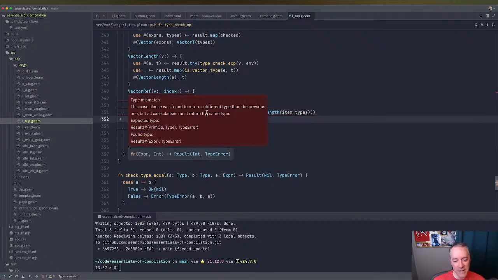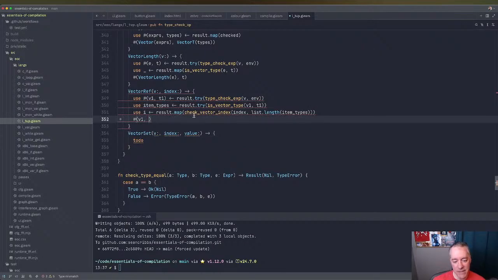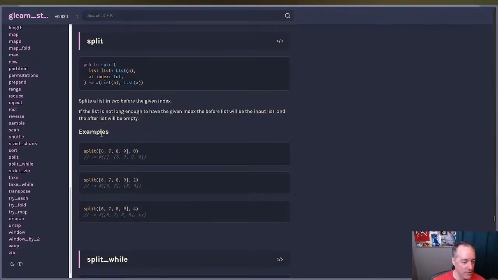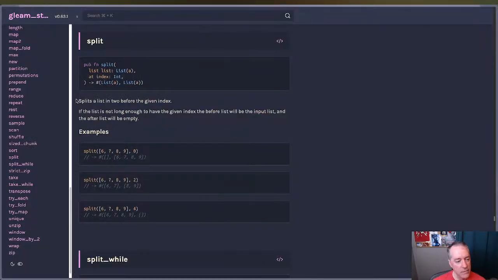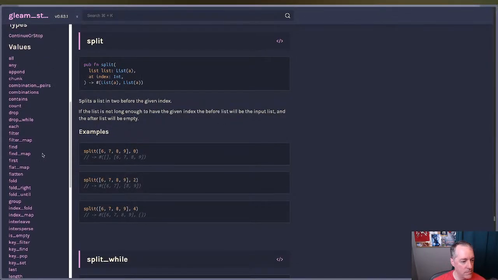I mean, we're already checking that the index is within bounds. So if the index is 0 index and we do drop,